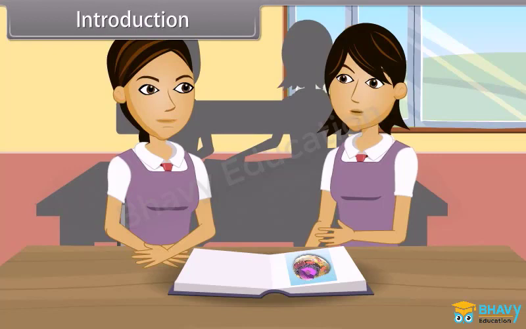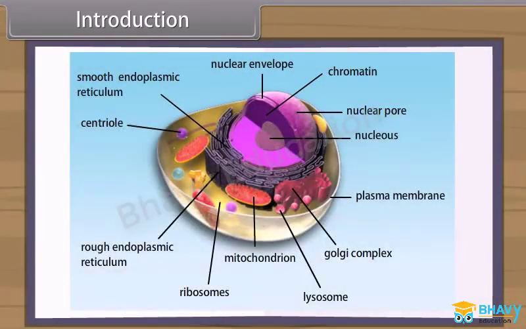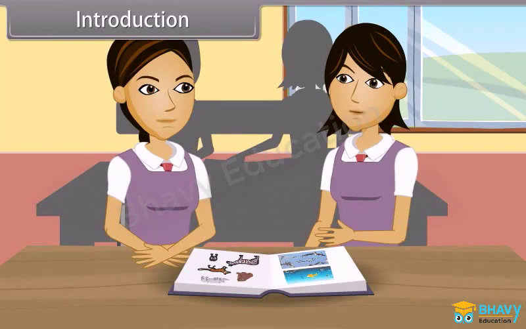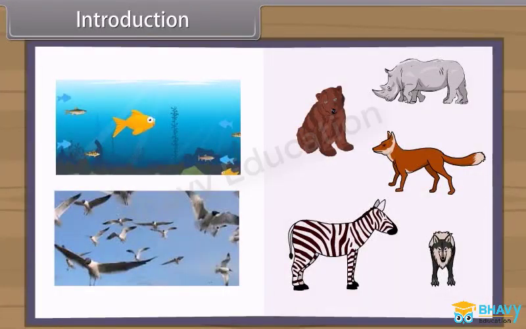Animals are eukaryotic, multicellular, and heterotrophic organisms. Animal cells do not have cell walls. Most of the animals are mobile. Animals are aquatic, for example fishes, or terrestrial, for example reptiles, mammals, etc., or aerial, for example birds, on the basis of their